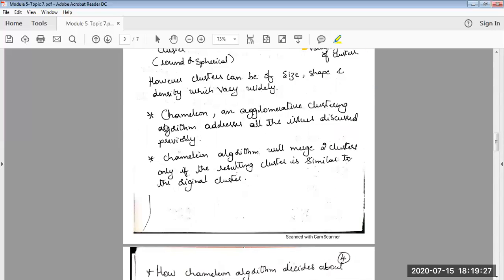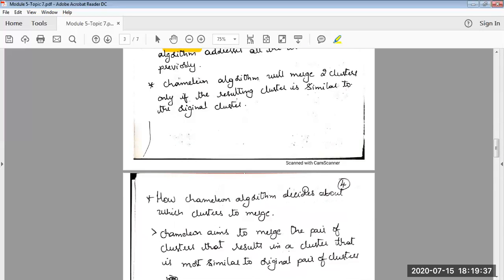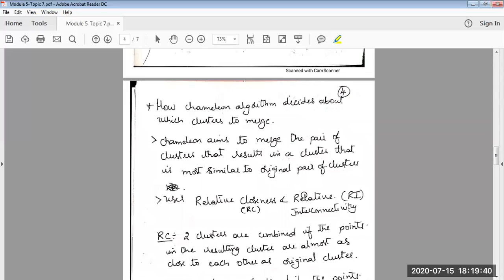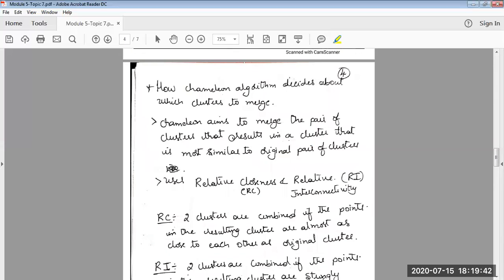So we have the Chameleon algorithm. It uses agglomerative clustering, but with improvements, with refinements. So what is that refinement that we have in the Chameleon algorithm? The objective of the Chameleon algorithm is the same. We need to merge the clusters, and after merging, you come out with a new cluster, which is the outcome of merging two smaller clusters. The new cluster will be larger compared to the two small clusters that were used for merging.